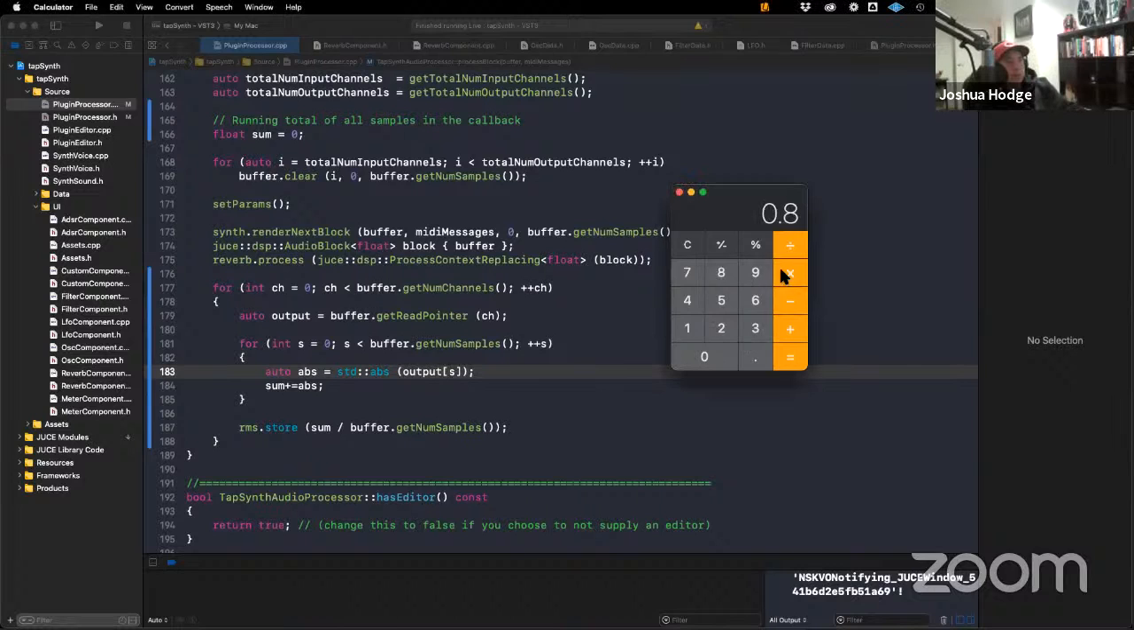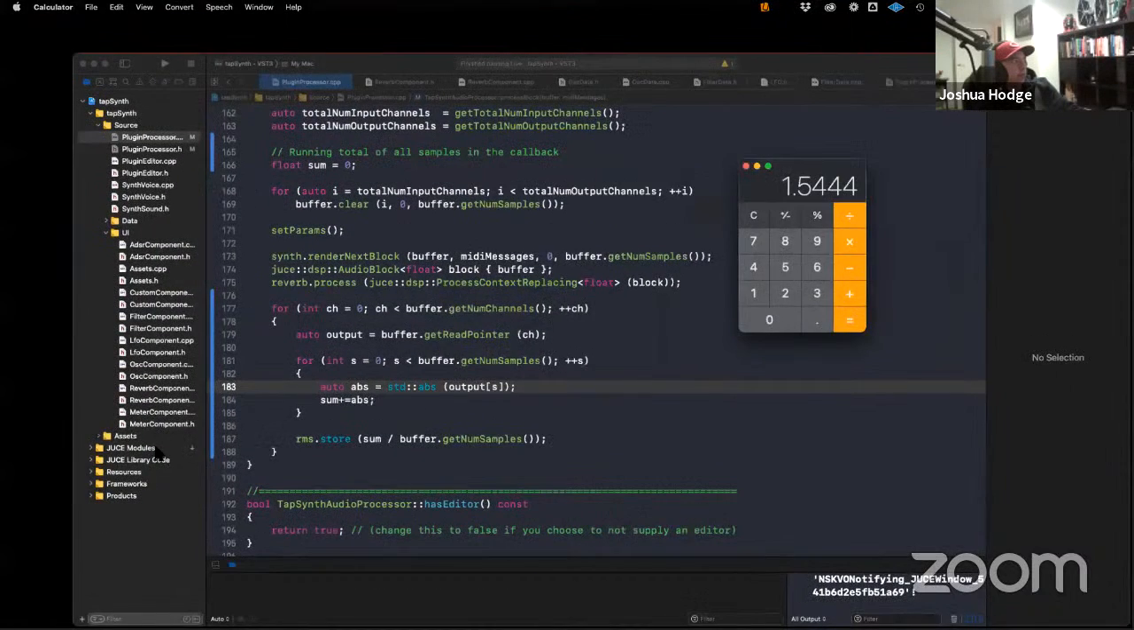It's 0.8 times 0.8. That's 0.64. 0.64 plus 0.64 equals 1.28 plus 0.0144 equals 1.29 plus 0.25. Oh, I forgot something. So that's 1.115. So then we take the square root of that, which gave us